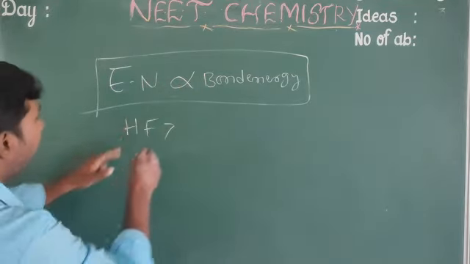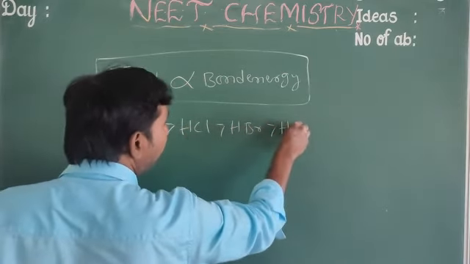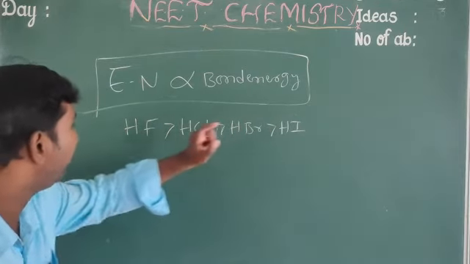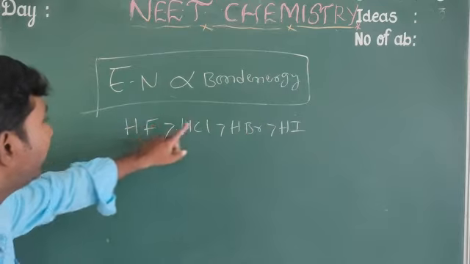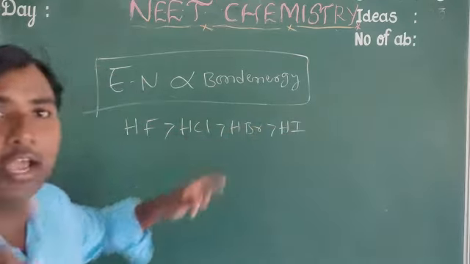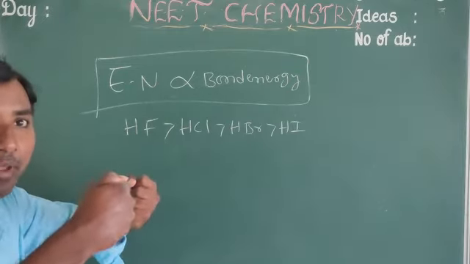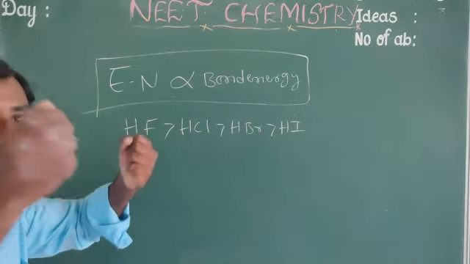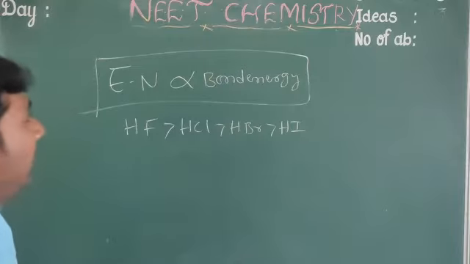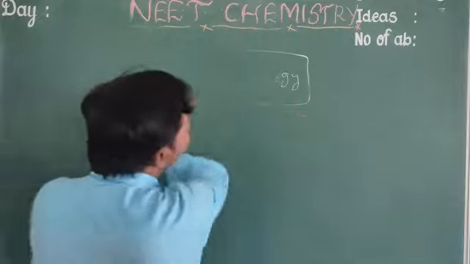Examples: HF bond energy is greater than HCl, greater than HBr, greater than HI. So HF, HCl, HBr, HI. Because fluorine is more electronegative than chlorine, chlorine more electronegative than bromine, bromine more electronegative than iodine. So more electronegativity means more attraction, and more attraction means more energy required to break the bonds. That's why electronegativity is directly proportional to bond energy. Then